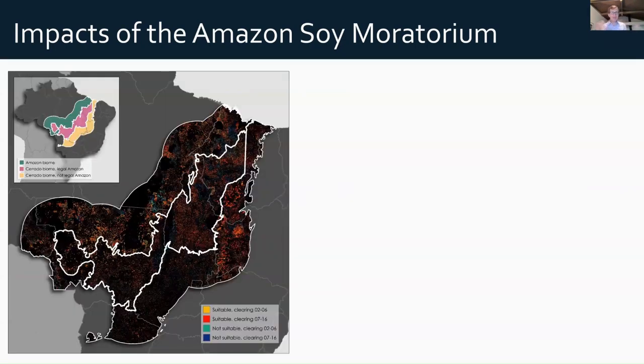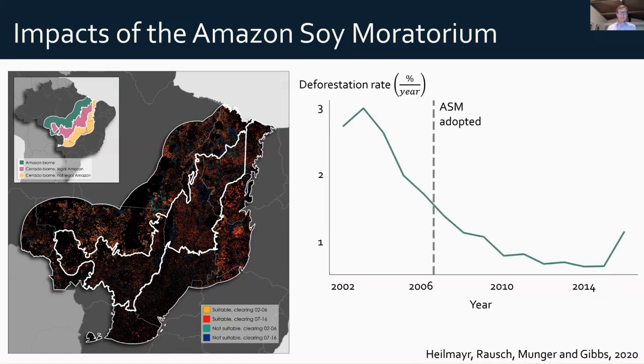And so what we did is we turned to the remote sensing archive. We looked at satellite imagery, or actually here it was derived satellite products, to understand the timing and the location of deforestation across the Amazon biome, which you see in this little inset in green, the part of the legal Amazon in Brazil that's in the Cerrado biome, which is this pink highlighted area in the inset, and then outside of both, so in the Cerrado biome outside of the legal Amazon in yellow. And we were able to track those deforestation patterns using remote sensing to come up with a sense of, okay, what was the deforestation rate here in the Amazon biome in green before and after the ASM was